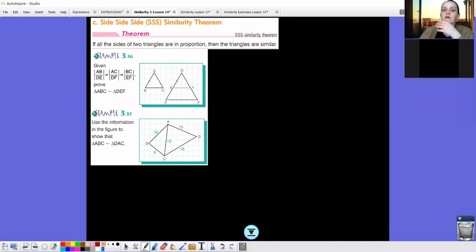Let's continue. Side, side, side similarity theorem. So here what we said: if all the sides of two triangles are in proportion, then the triangles are similar. Here it says that given AB over DE is equal to AC over DF is equal to BC over EF. AB with DE, AC with DF, and BC with EF. If we have this one given, to prove that